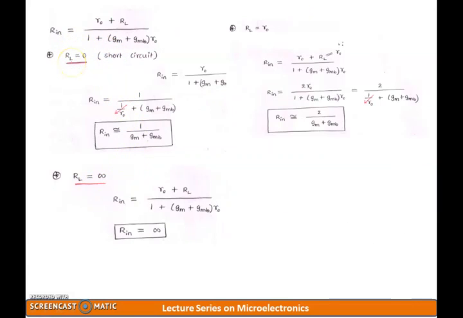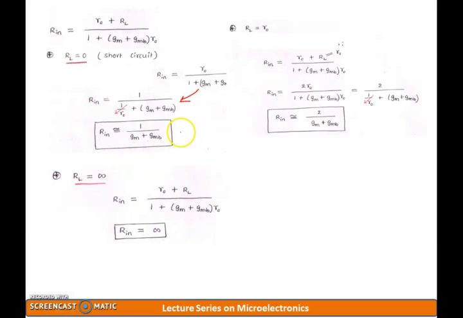Now if RL is a short circuit, which means there is no load resistance, then I can substitute directly, I can ignore this RL and my equation will reduce to R naught divided by 1 plus GM into GMB. Or I can still further simplify this, dividing both numerator and denominator by R naught, that will fetch me this particular result. And since 1 upon R naught will be very low, I can ignore this particular term, and hence my input resistance will be purely dependent on the device transconductance when I don't have any load resistance. So that's a very interesting point to understand.